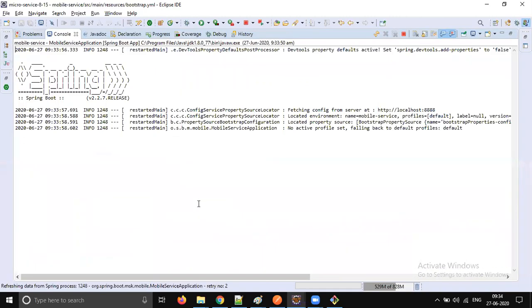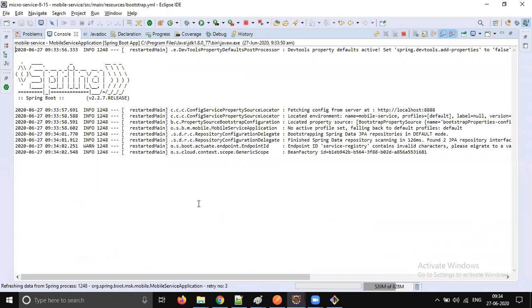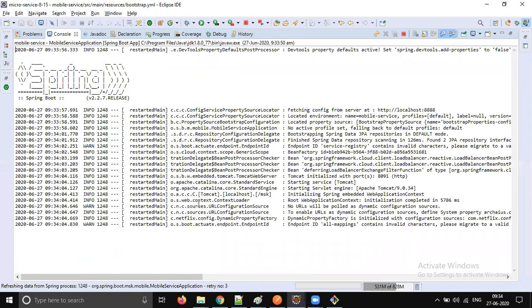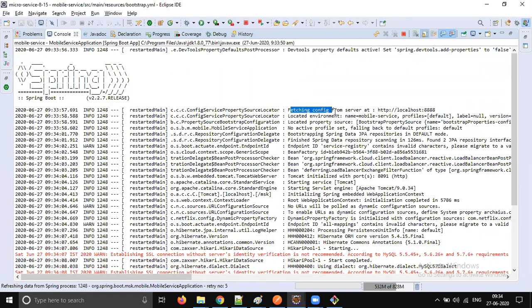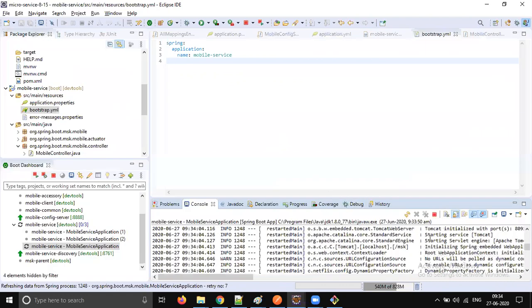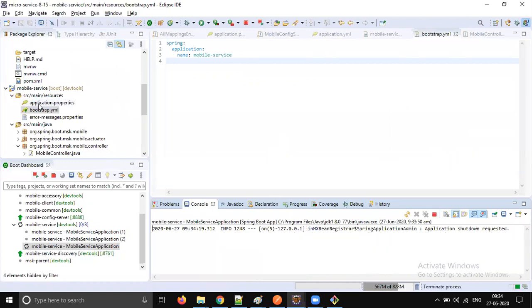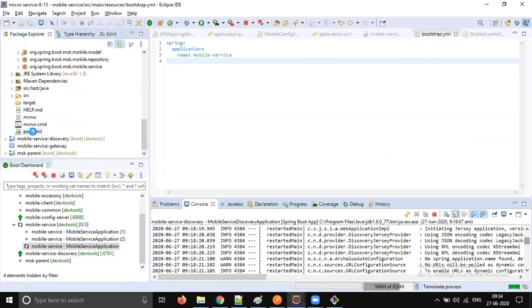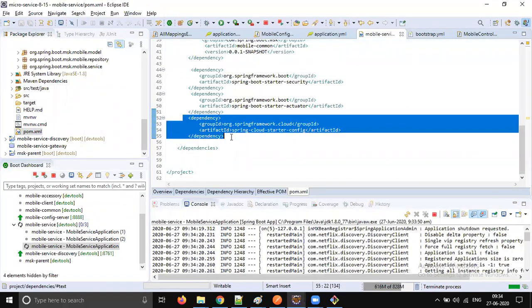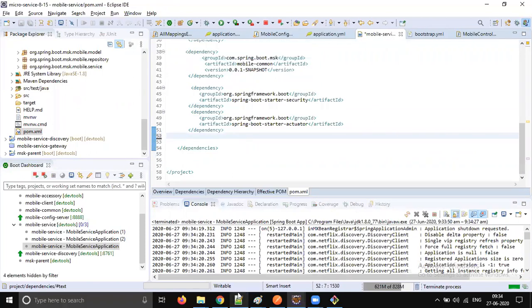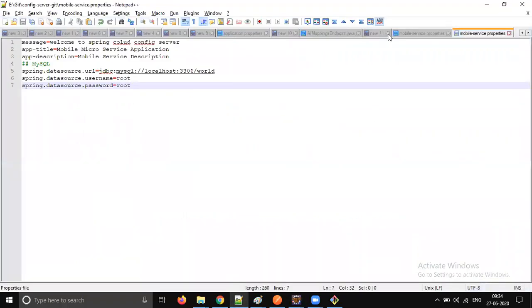So of course it throws some exception saying that, I'm starting the mobile service only, right? Fetching configuration. You see, it's still connecting. I got it, latest version. It is by default going to that server. Got it. Spring Boot auto configuration is automatically connecting to the config server if the config server is running on port 8888. Okay, so that is a problem.